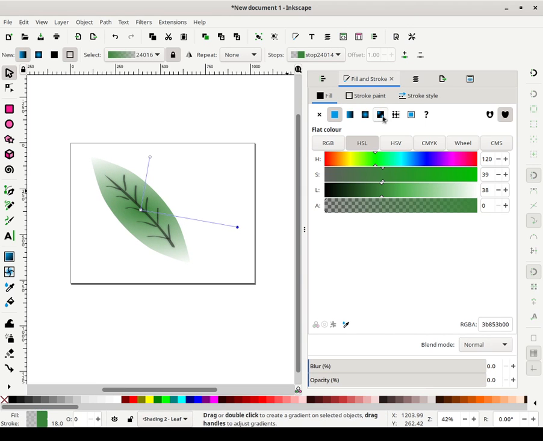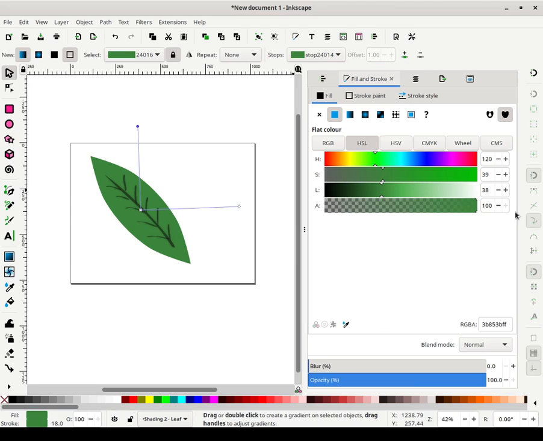You can also add a mesh gradient, which I'm not going to demonstrate today, but mesh gradients are very useful, especially with natural objects, because they give you a lot more control. Now in the case of a leaf, you have a number of things to consider, which is the natural color of the leaf itself, but also the fall off of light. So it depends on the scene you're creating. Like say if I were doing an indoor scene and the light is coming generally from all around,